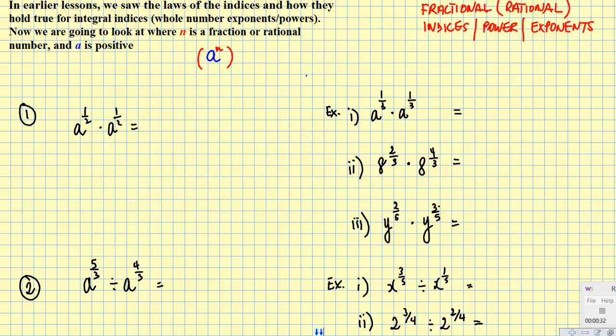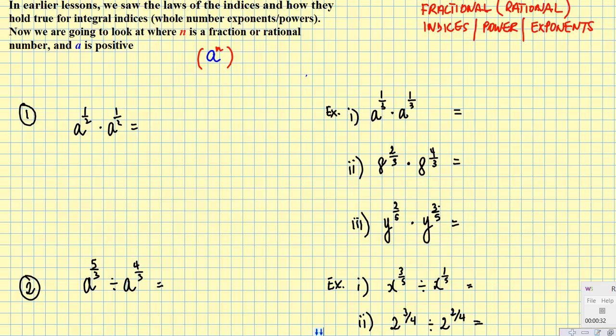MYP5 book. So, like I said, in earlier lessons we looked at the laws of the indices and how they are true for whole indices or integral indices, so whole numbers or exponents. Now we're going to look at the value of n, our exponent, when it's a fraction or a rational number. For example, if we have a to the 1/2 multiplied by a to the 1/2, what we need to keep in mind is that all the laws we learned, and there were about 8 of them more or less, still apply